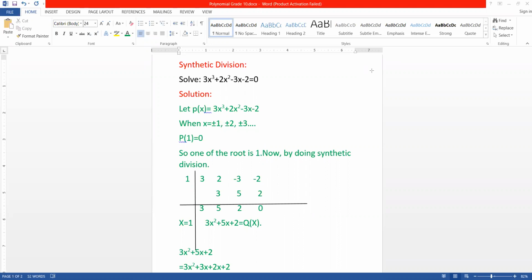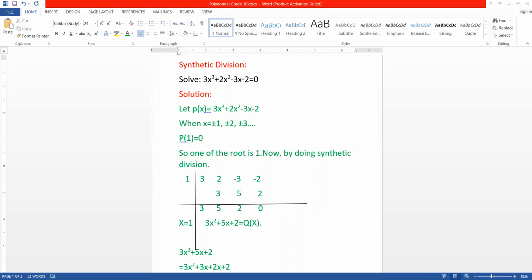Hello students, I'm going to discuss synthetic division with you today, in great detail, because so many students were asking me to prepare a video on it, since they found it quite new in comparison to other methods which they studied earlier in their lower classes and grades. Synthetic division is a way of getting the quotient and the remainder by using the factor and remainder theorem,